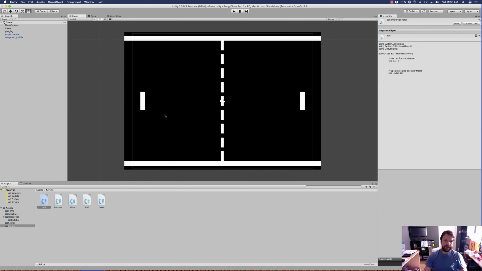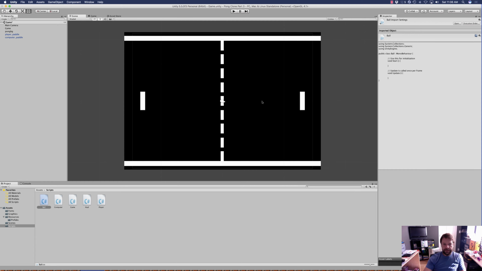I'm Chris, and today we are going to continue creating our Pong Clone so that we can one day play it. We are going to add the ball to the scene, and we are going to make that ball move in the direction of the player paddle, and then bounce back and come to the computer paddle. And for now, all our ball is going to do is just bounce back and forth between